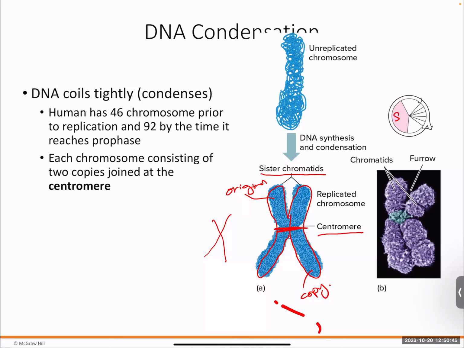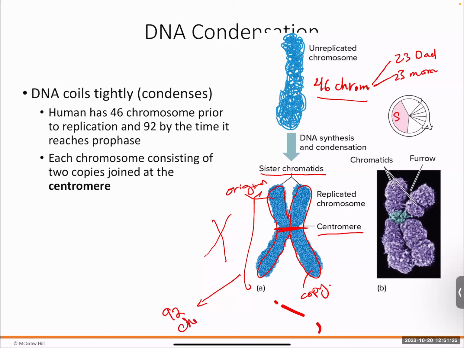So if you're looking at the genetic information in a typical human cell, you will have 46 chromosomes, right? In an uncondensed version, not replicated, or a condensed version but not replicated, you will have 46 chromosomes. Again, 23 is from your dad and 23 is from your mom, or paternal and maternal. Now, as we undergo the process of DNA replication and condensation of that genetic information, you end up with